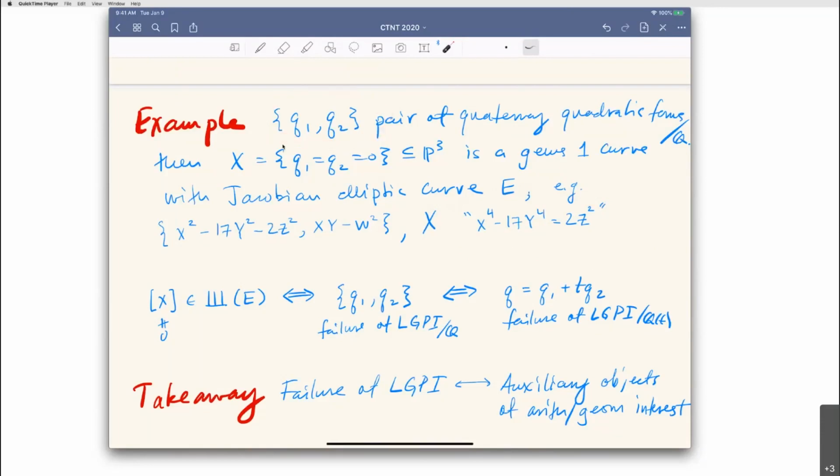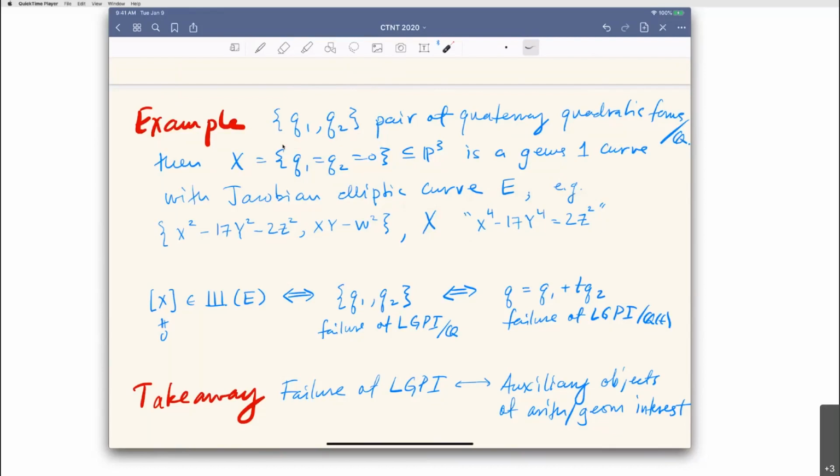So you see that this pair of quaternary quadratic forms has no common solution, because such a common solution would be a rational point on this genus 1 curve, but we know since the 1940s that this genus 1 curve does not have a rational point. On the other hand, it does have local points everywhere, and hence, by the Amer-Brumer theorem, this pair of quadratic forms has a common isotropic vector everywhere locally.